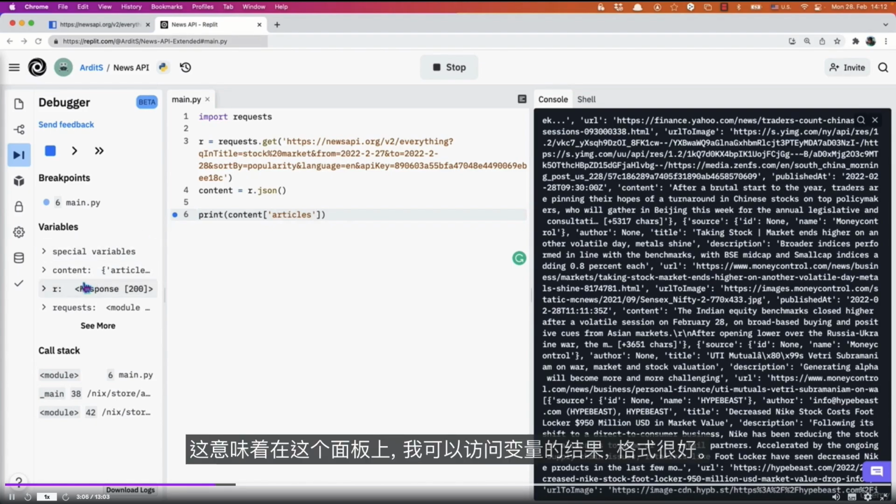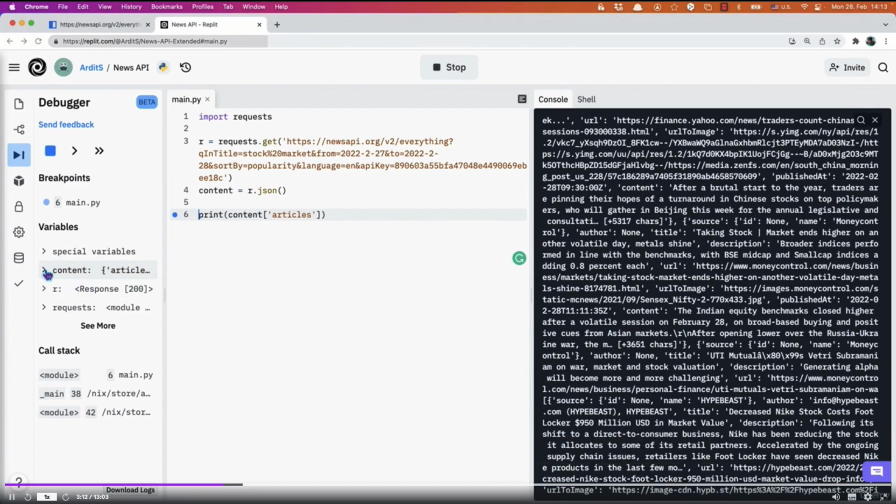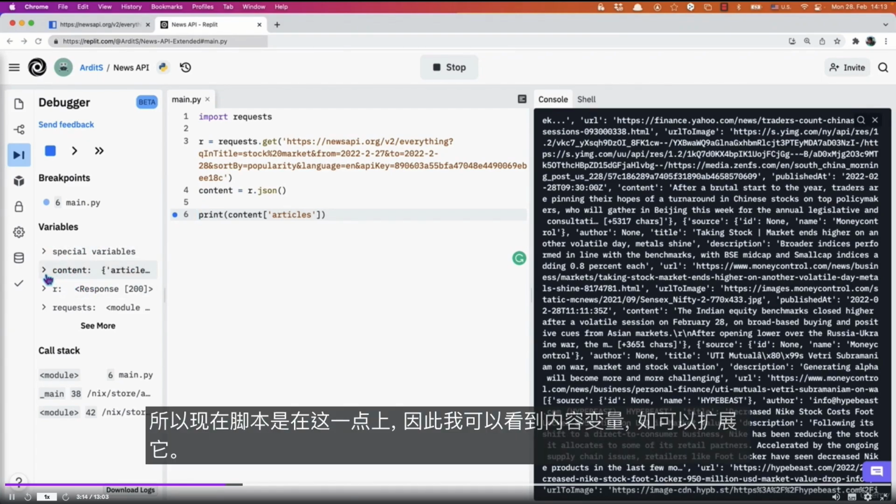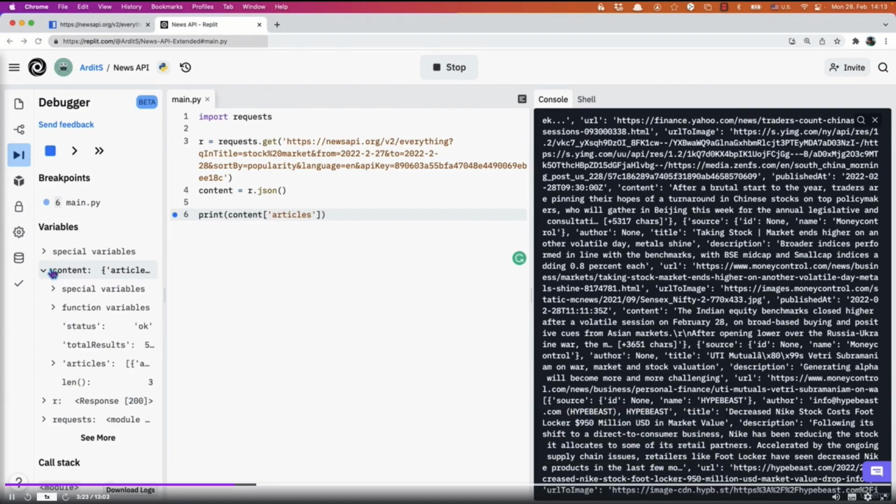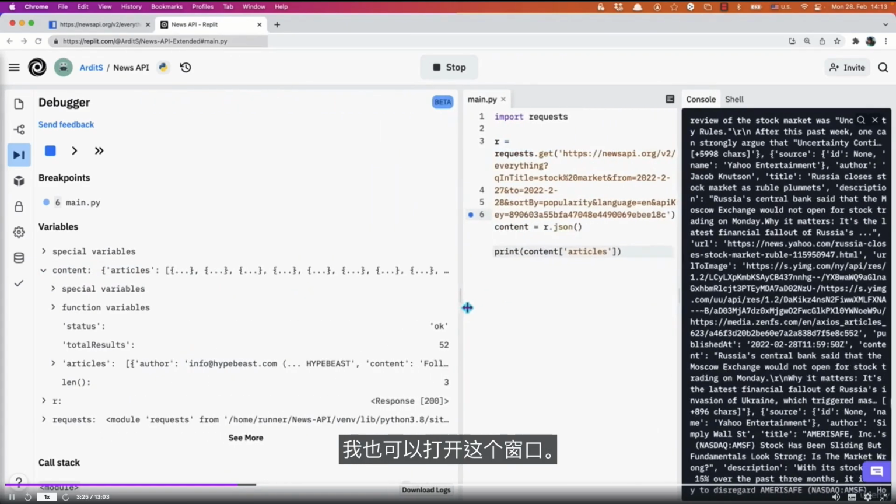And that means here on this panel, I have access to the variables in a nice format. So now the script is at this point, and therefore I can see the content variable. I can expand it. I can expand this window also.